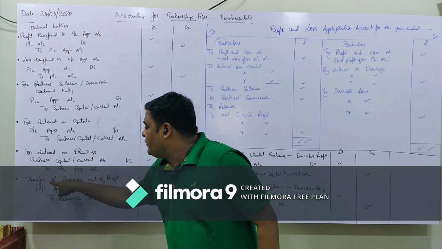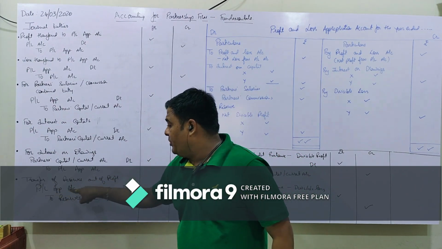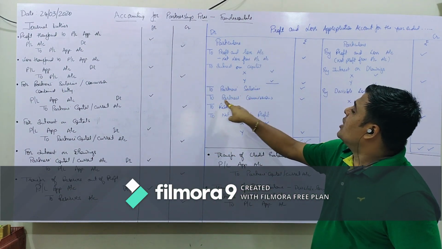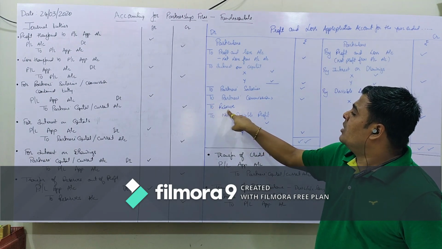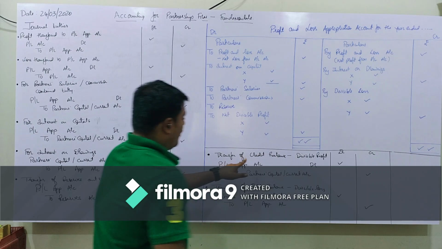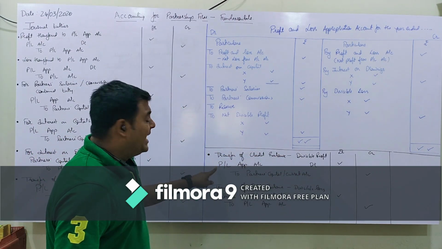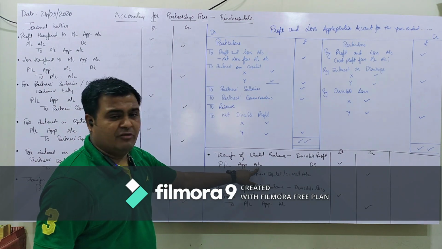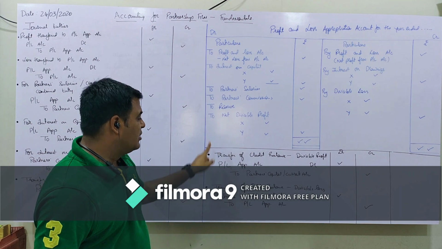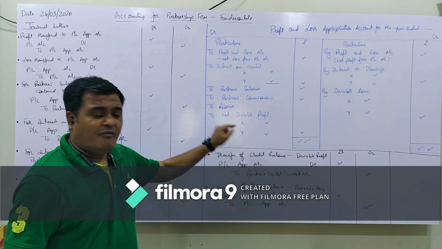Then we have transfer of reserves out of profit. We have the entry profit and loss appropriation account debit to reserves account. You can see on the debit side of profit and loss appropriation to reserves. The next entry here is transfer of credit balance, that is divisible profit. So the entry will be profit and loss appropriation account debit. It is debited, so on the debit side of profit and loss appropriation account, we have to partners capital account, that is to X capital account and to Y capital account.